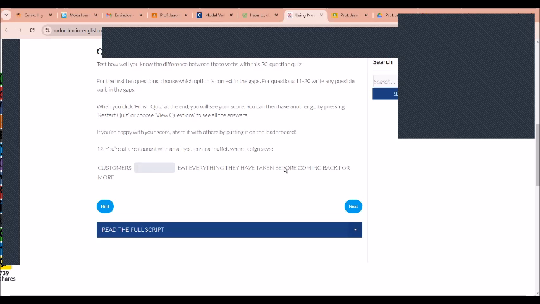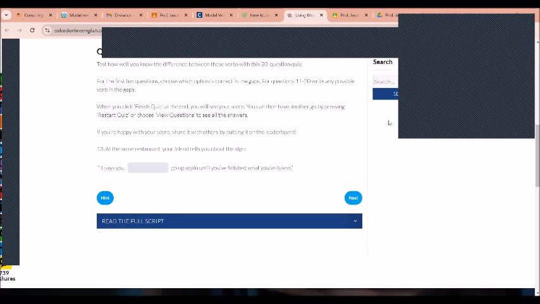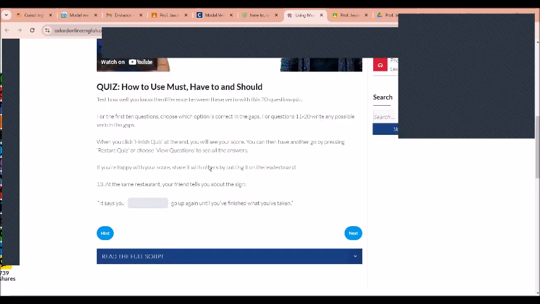All right. Now think of it as a buffet. So this would be a rule. Customers must eat everything they have before coming back for more. All right, repeat. Customers must eat everything they have taken before coming back for more. All right. Let's continue. And if you don't remember, guys, we're using must and mustn't, should, shouldn't, have to, don't have to in these examples.